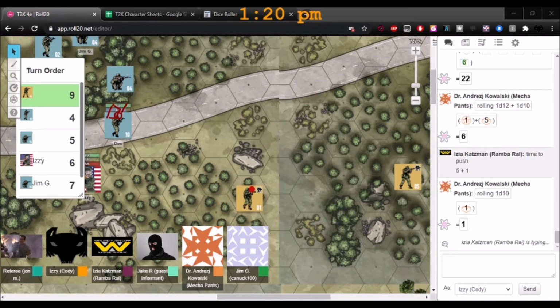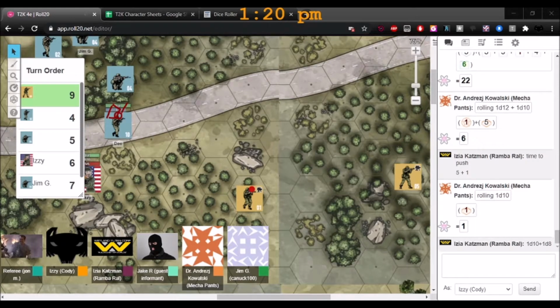No, I'm sorry, I had it right the first time. Agility is C, so that's a D8. And his ranged combat is C, also a D8. So he's got 2 D8s at a base level.